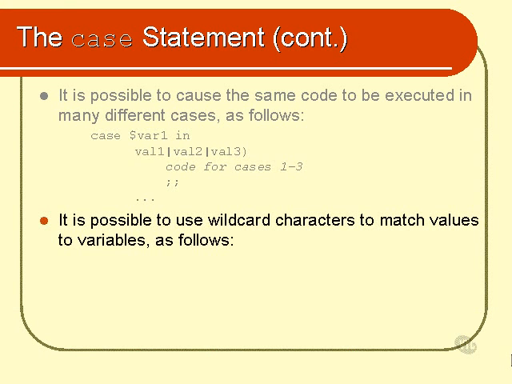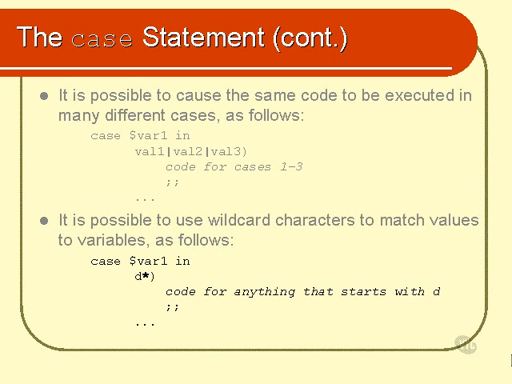Also, it's possible to use wildcard characters to match values to variables. As follows, we can say here D star, which means, of course, anything that starts with a D, just as it does with file names. So we can use the asterisk character, we can use the question mark character, we can even use the